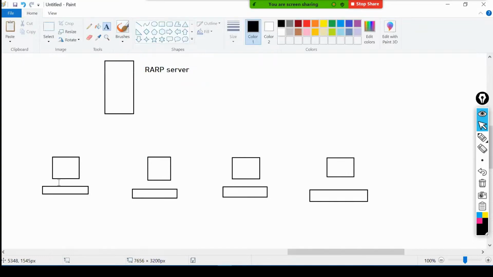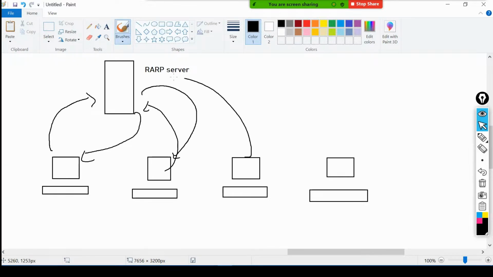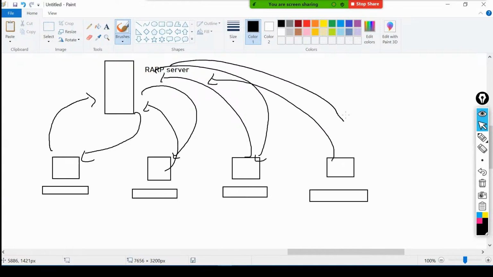Right now this PC doesn't have IP addressing, so it makes a request and the server will give the IP address to this PC, and the same for each of the others, before 1984.